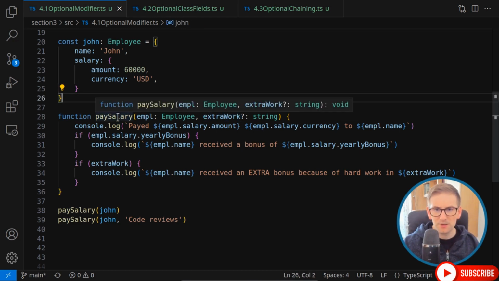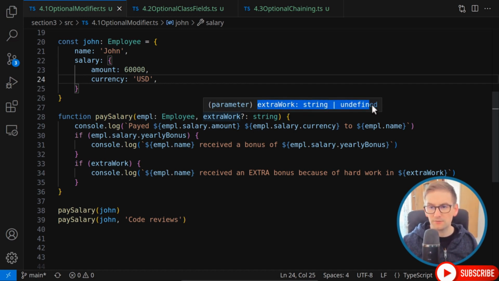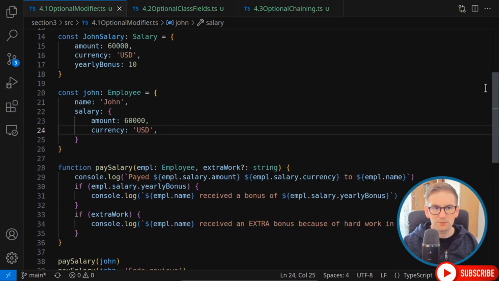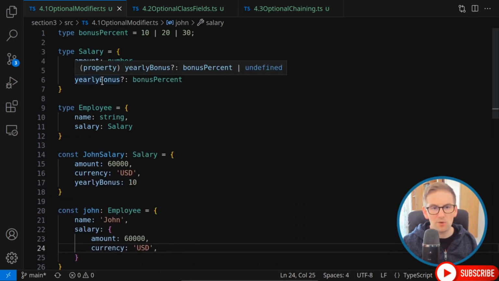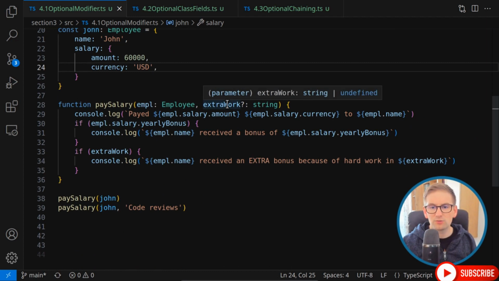So if we look at this pay salary, you will see that this extra work right here is optional. If I look at its type, you will see again that this extra work is of type string or undefined, just because I made it optional. But this is a difference right here. Remember, if we talked about these types, if this yearly bonus is optional, and it is of type bonus percent or undefined, if we look at the function implementation, this extra work is again of type string